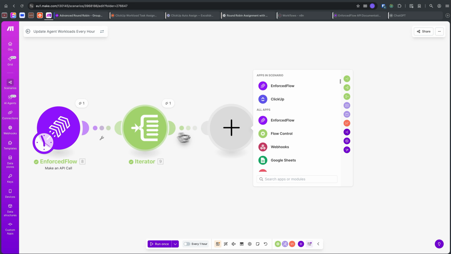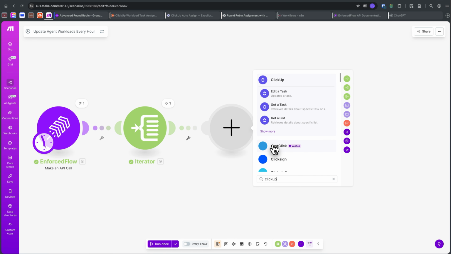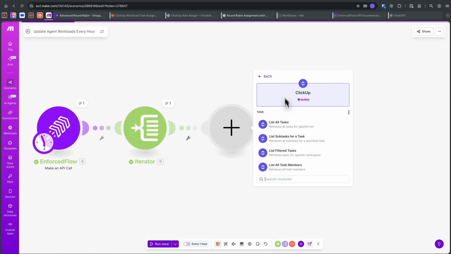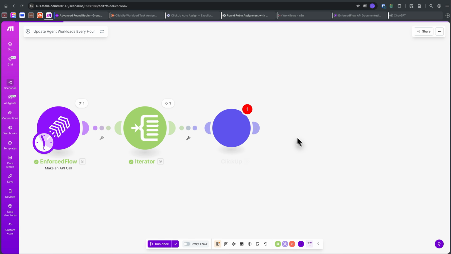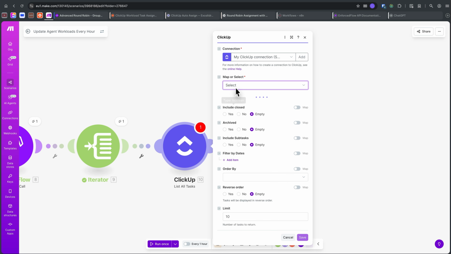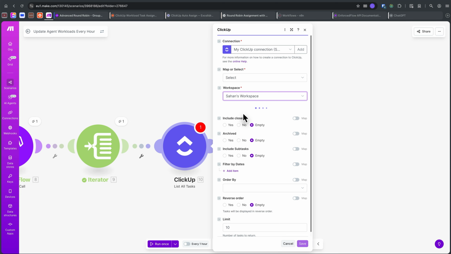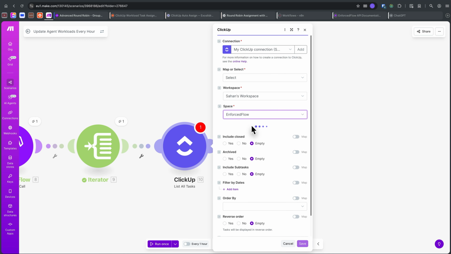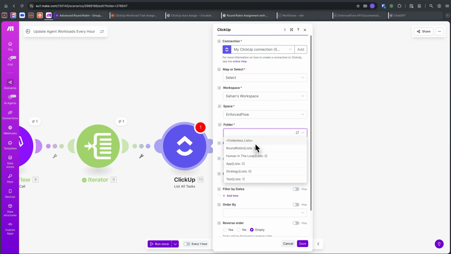Now for the next step after that, we need to query stuff from ClickUp. And if you don't see ClickUp, again, you can search and click ClickUp, list all tasks. And I have a connection set up already. For map or select, I am going to select select, and that will prompt me to select the workspace, the space, and a folder,